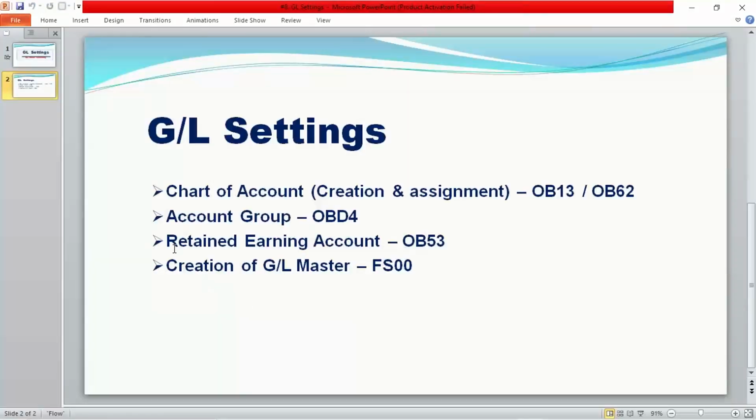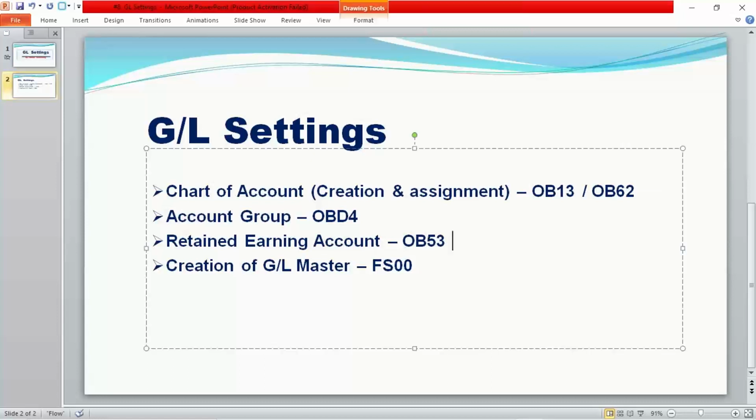Then we have the retained earning account and creation of the GL account. A retained earning account we are not going to do here, guys. We are not going to assign any account here. Retained earning account has certain logic, but again, at this point of time, it is not possible. Right now, in a single line, I'll say, whatever the P&L account balances are there, they are going to be carried forward against this retained earning account, but the logic is not possible to explain right now. So this setting we have to do as a